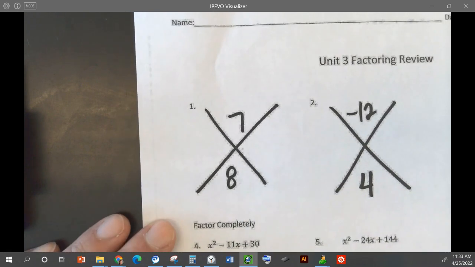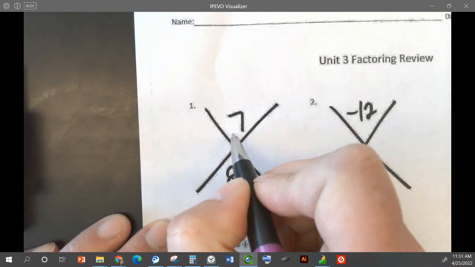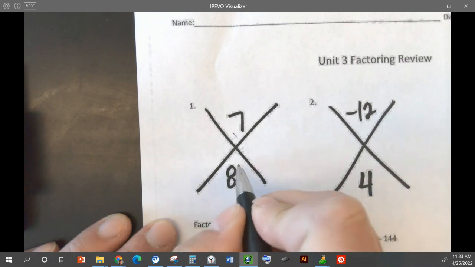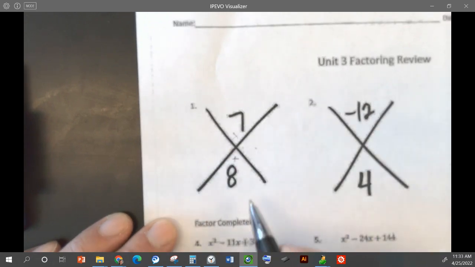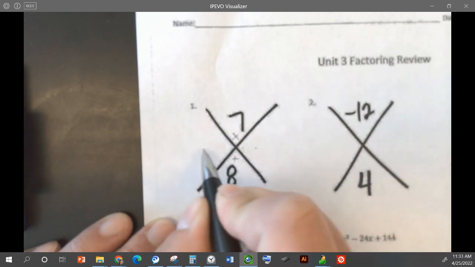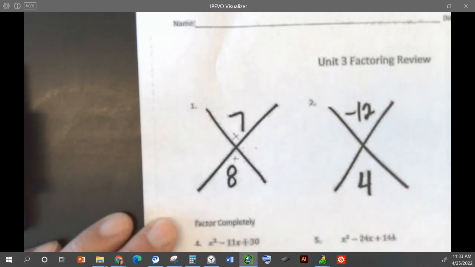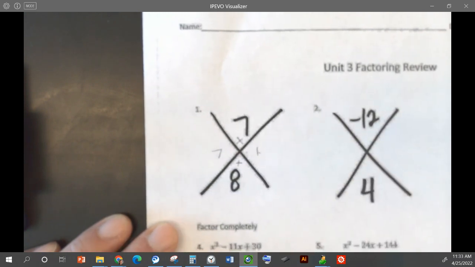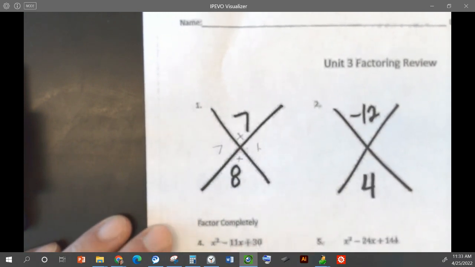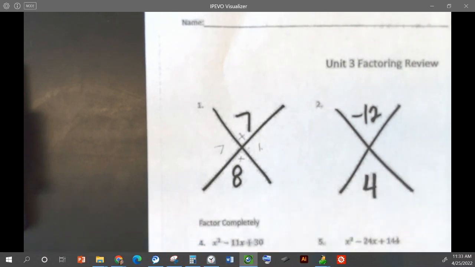In this first one, we have what times what gives us 7, and when we add those two factors, we get 8. So can you guys think of two numbers that multiply to give us 7 and add to give us 8? 7 and 1. Good. 7 and 1. So that's all you have to do for this type of problem. The X factoring method is set up for you. You just have to